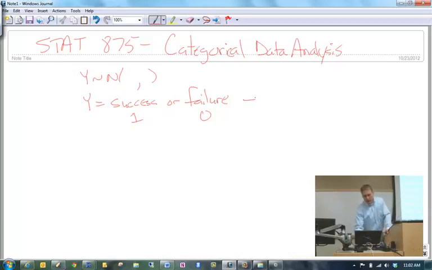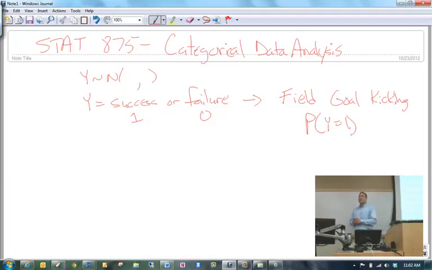When I discuss this part of the course, we focus on a particular example involving field goal kicking. What we want to know is the probability that y is equal to 1, the probability of success, given a number of predictor variables, such as distance, wind speed, and whether there is some kind of pressure that a field goal kicker is facing when they're kicking a field goal.